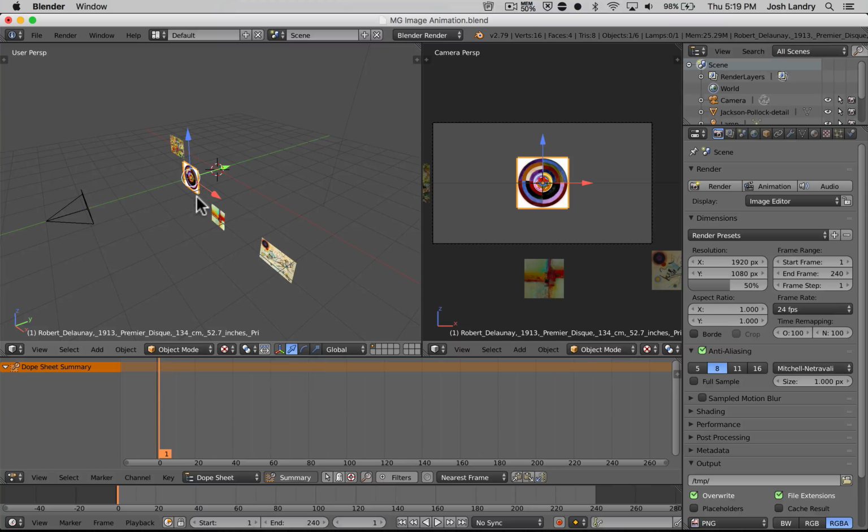So, okay, I'm going to just show you a couple different animation effects with these 4 images, to give you an idea of what you can do, and then let your imagination guide you from there. So this first image, I'm going to make it scale up. So it's going to be disappeared, and then it will appear, and it'll get larger and larger and kind of scale up. Alright, so on frame 1,